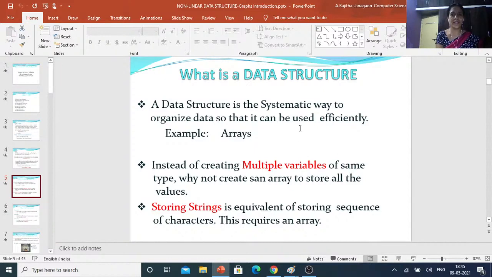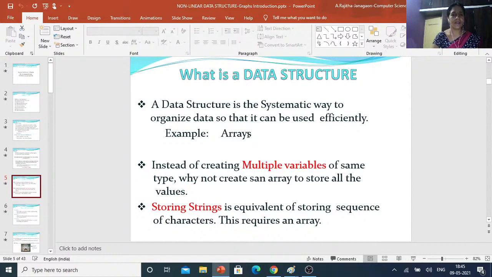A data structure is a systematic way to organize the data so that it can be used efficiently. Efficiently means based on time or based on space, which we will discuss later.